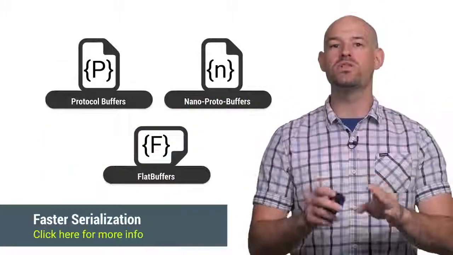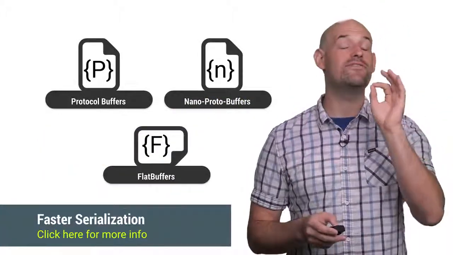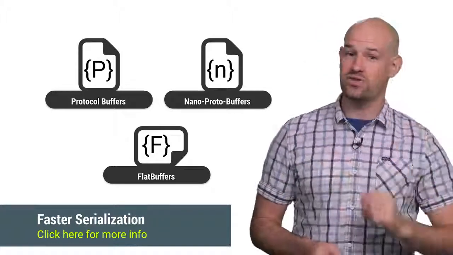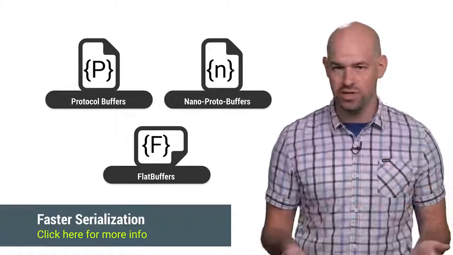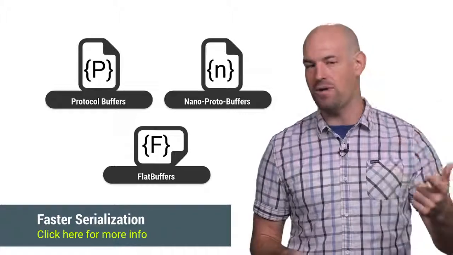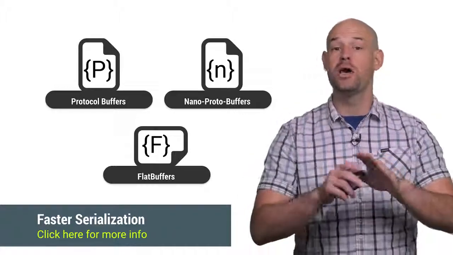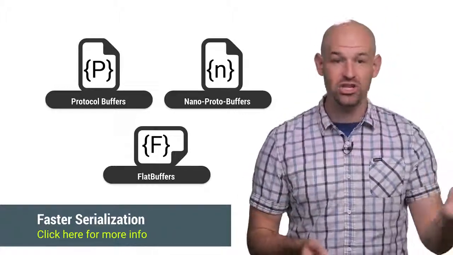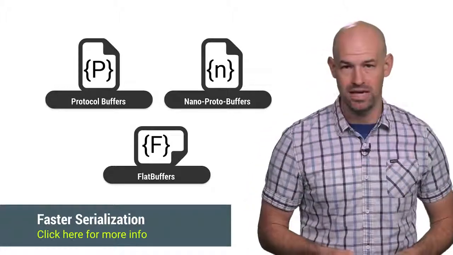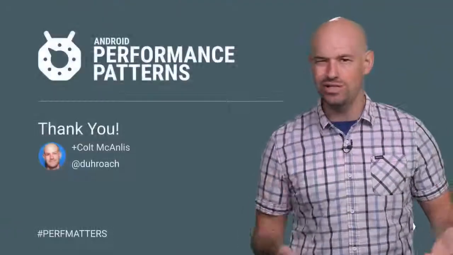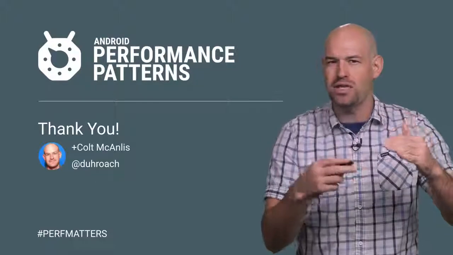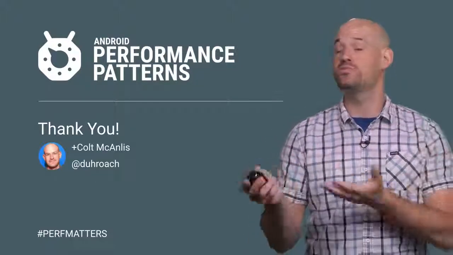Now, it's worth pointing out that once you've transposed your data, you can get even better compression and faster serialization by adopting binary serialization formats like protobufs, nanobufs, or flat buffers. These formats produce much smaller files than JSON or XML counterparts. And at the end of the day, that's kind of what you want, right? I mean, different layers of awesome that you can pile on top of each other to create the smoothest app